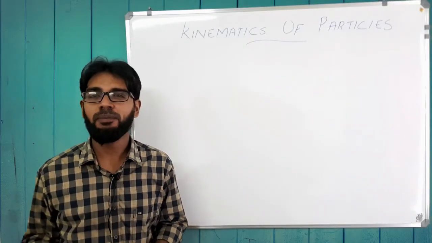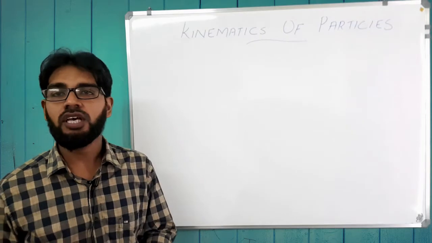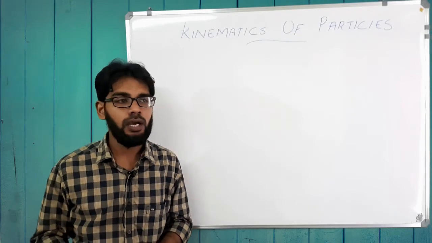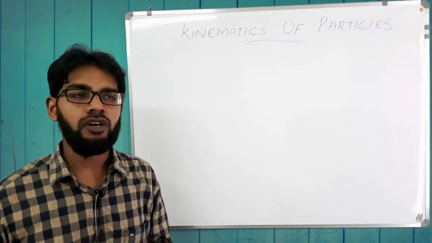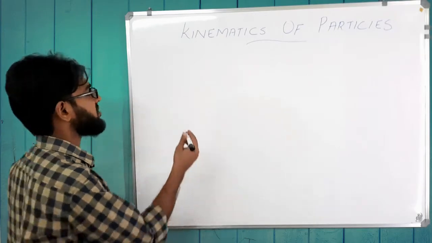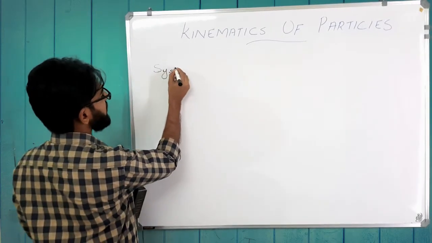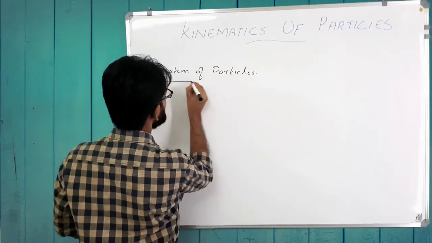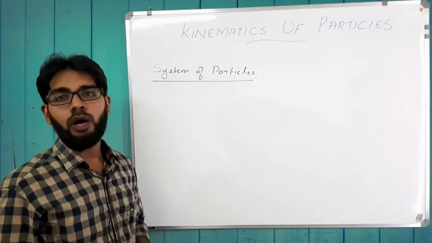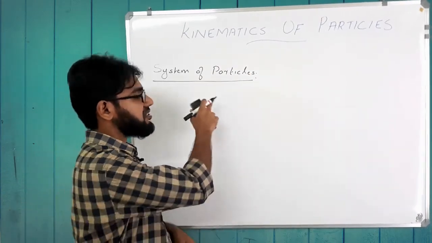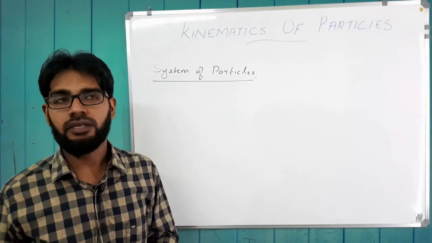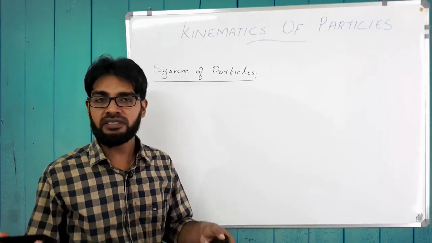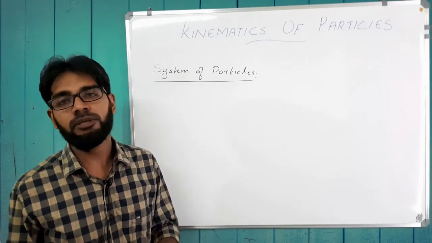Hi everyone, welcome back. In all our previous lectures, we had discussed kinematics of particles, say a single particle. But we may also have situations where we have multiple particles, say a system of particles. Now, in some cases, the motion of a system of particles can be interrelated because of the constraints that may be imposed. Say, for example, they may be connected by certain members or certain forces may act in between them.